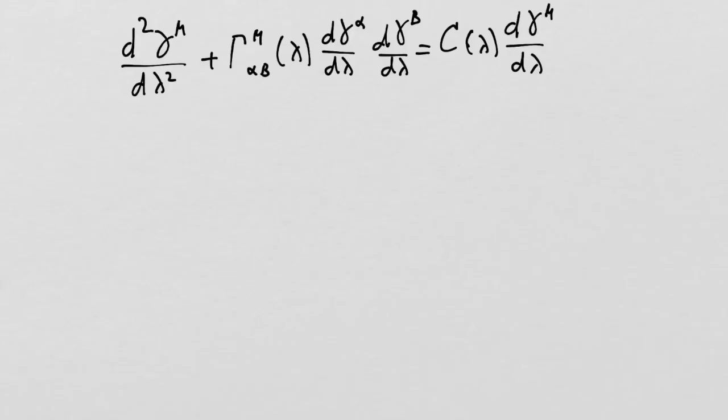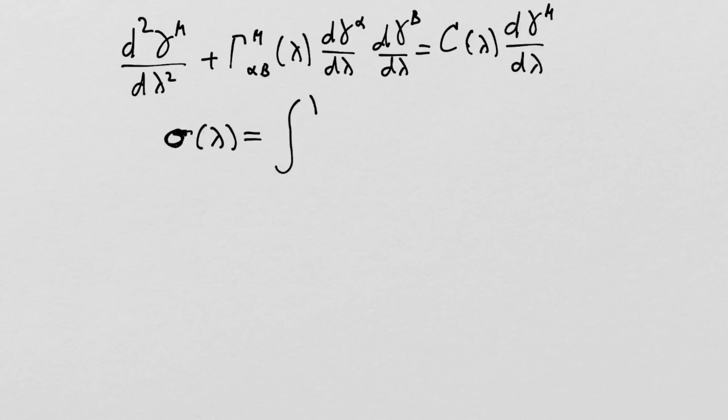Okay, so here's our expression. And here I'm now going to write down the answer and then show you how that answer works. The answer is we're going to reparameterize this to the parameter sigma. And sigma, we need to know for every value of lambda. We know how this works for lambda, right? We know everything for lambda. So if I can tell you sigma as a function of lambda, then we can figure out how this works in terms of sigma. So I'm going to say that sigma as a function of lambda is going to equal